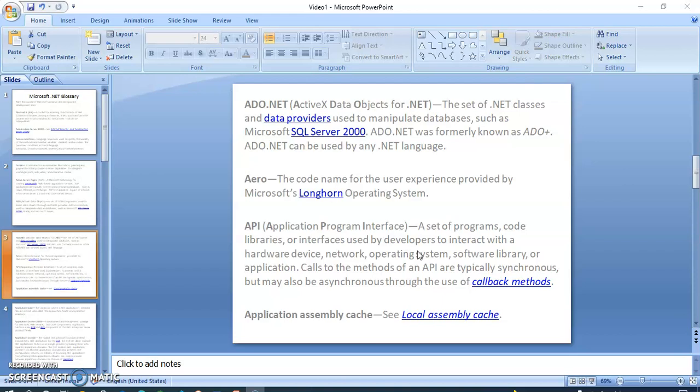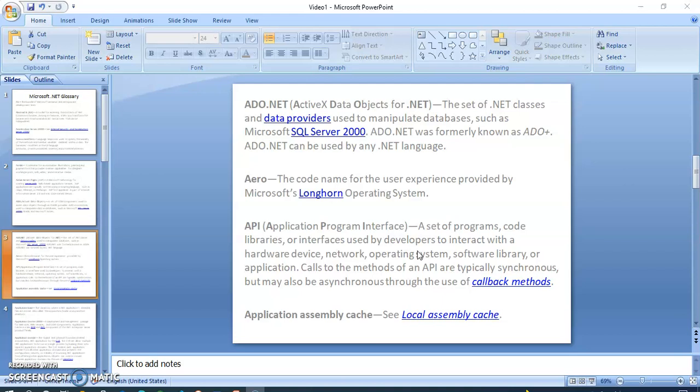Okay, and then we have to discuss the API, the application programming interface, a set of programs, code libraries or interfaces used by developers to interact with a hardware device, network operating system, software library or applications.